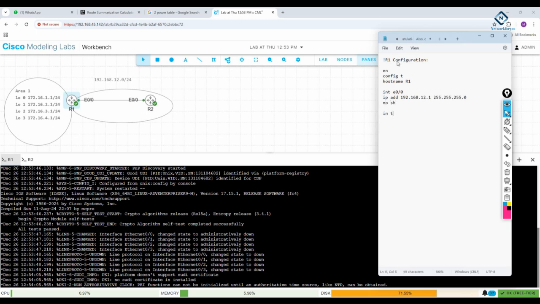Then interface loopback 0 and ip address 172.16.1.1 255.255.255.0, and then you have interface loopback 1, ip address 172.16.2.1